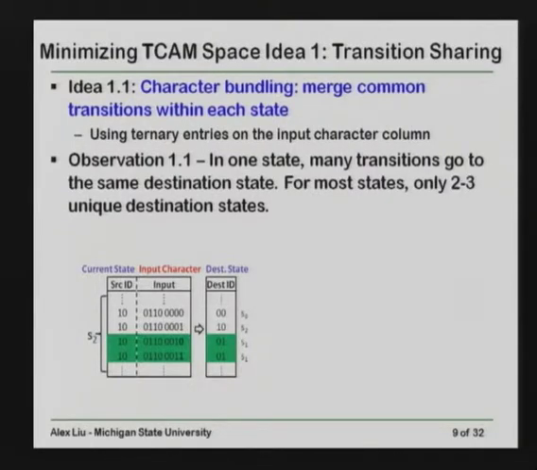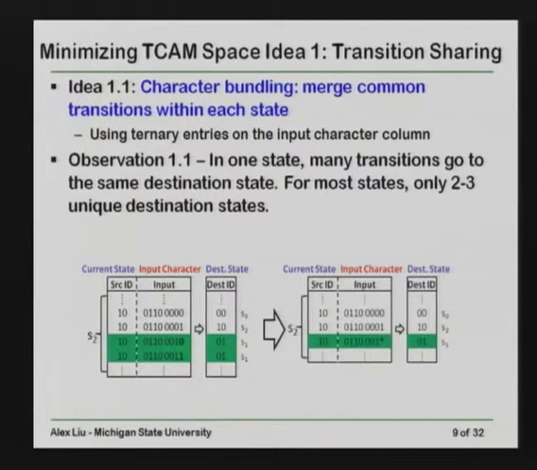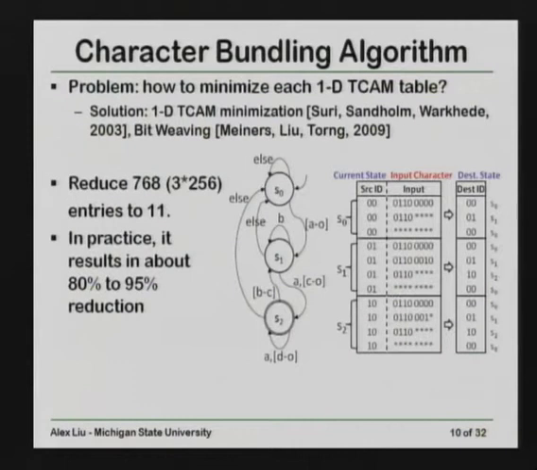So right now these TCAM entries are binary, but we can replace them by ternary. We can combine these 2 entries together by replacing the last bit by a star, right? This star will match both entries. That will save TCAM space, right? This is just a simple example that illustrates that this is possible, but the algorithm is much more complex than that.